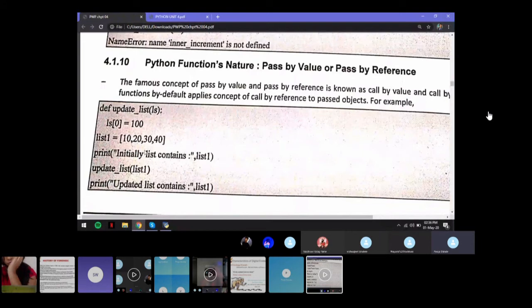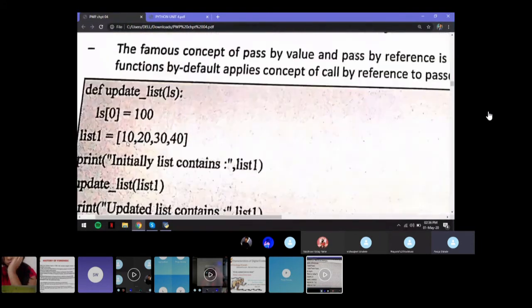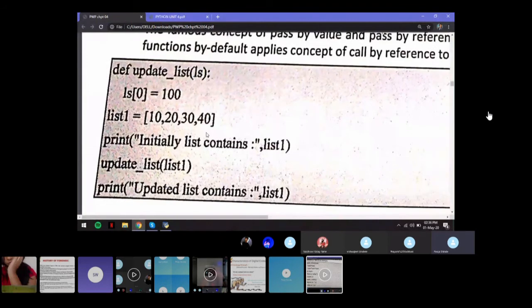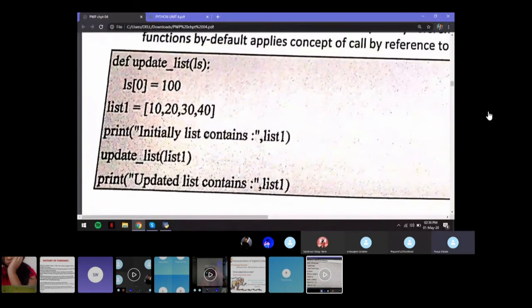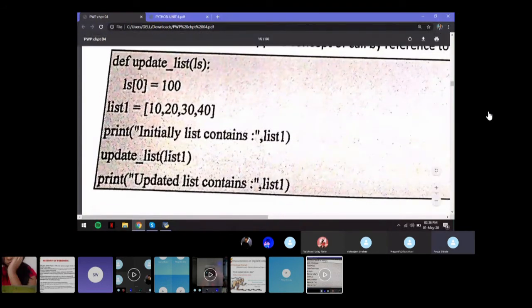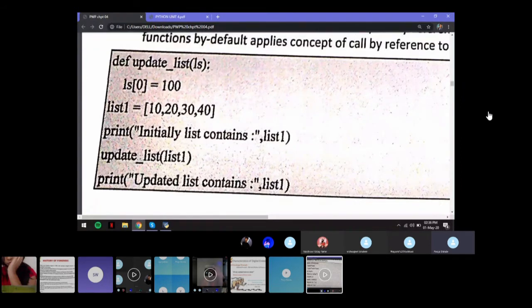Now you have a function called update list. You're passing a variable called ls, and then inside the function you're telling ls of 0 is 100. So basically you're replacing the first element of the list that you're passing with 100.